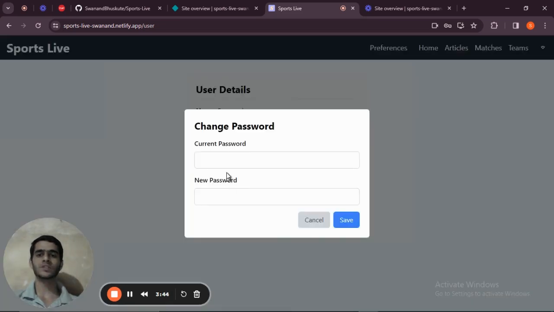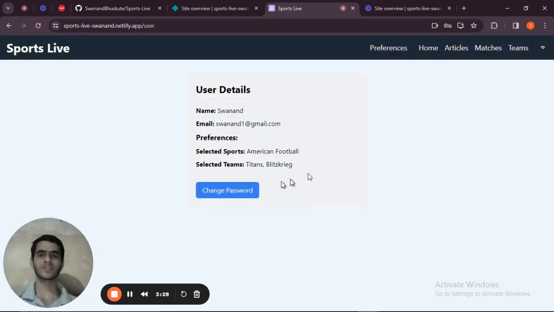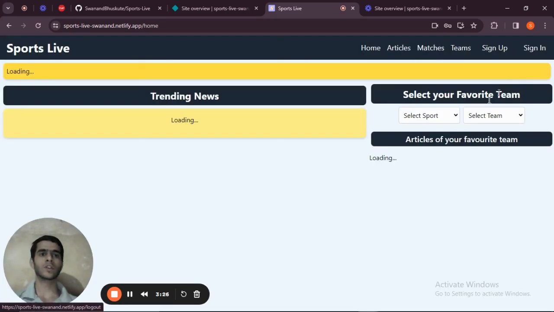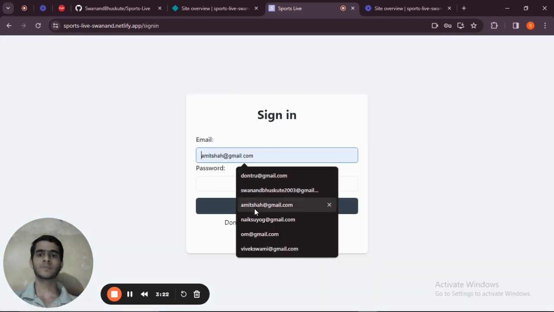So let's say I want to change the password. My current password was 129, and I want to add a new password, 123 123 123. And if I click on save, then the API request is sent, and the password is changed successfully. So if I log out and again try to sign in with the same password,